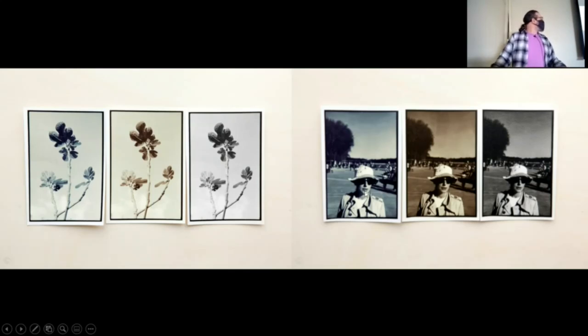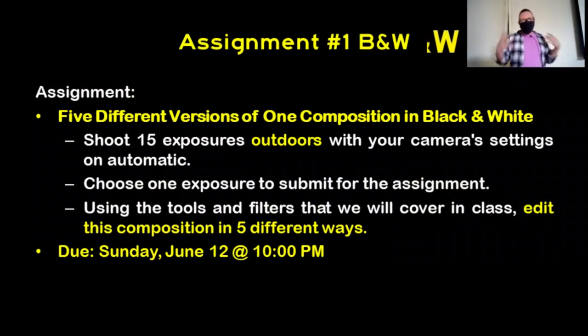Right, where this person has printed the exact same image but on 3 different types of paper, and making some adjustments to the contrast and things of that nature in order to get the different effects that they want in each one. And we'll talk about that some in class as well. So the assignment. Assignment number 1